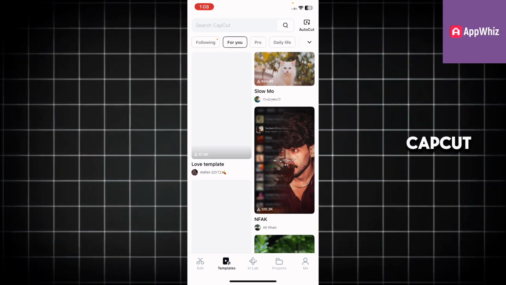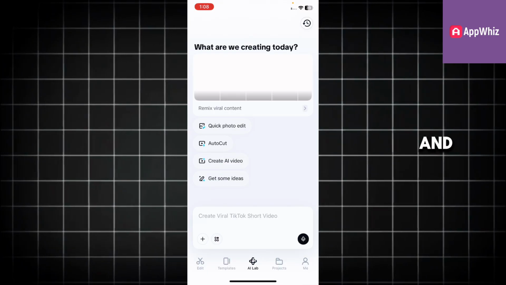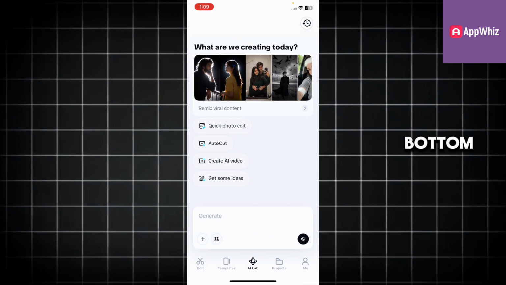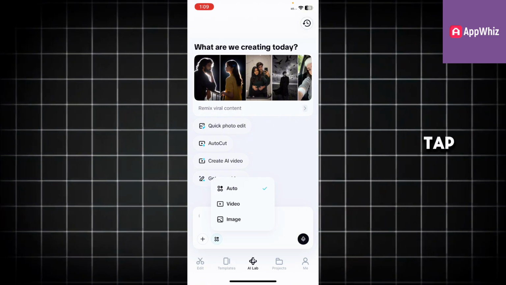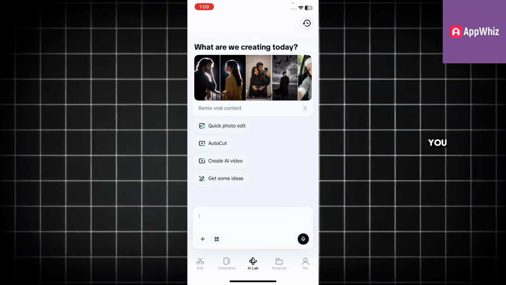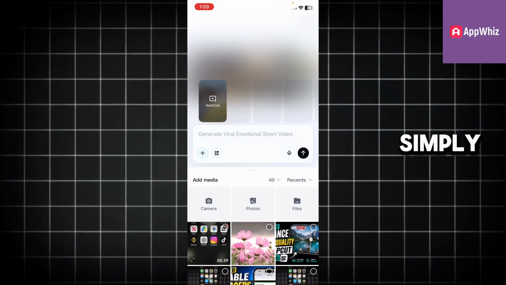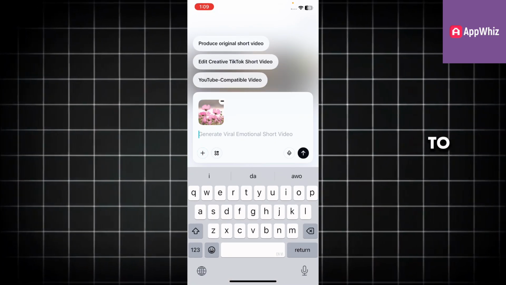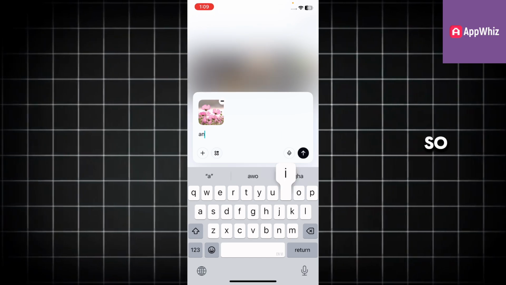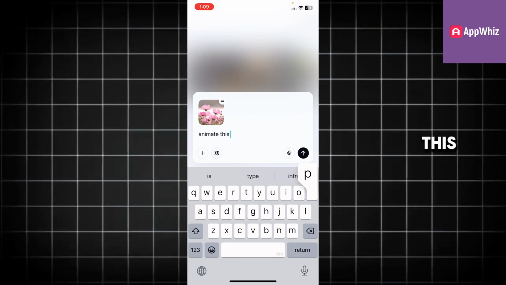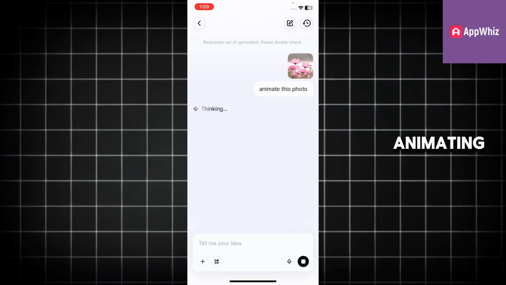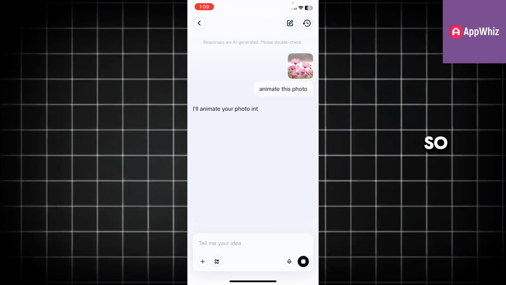And here in the CapCut you need to go to AI lab, and once you're in the AI lab you need to tap on the four dot in the bottom left and then tap and select auto. Once you select auto, what you need to do is simply upload the photo which you want to animate. For example, I want to animate this flower, so just simply type animate this photo and it will start animating the photo. So that's it for this